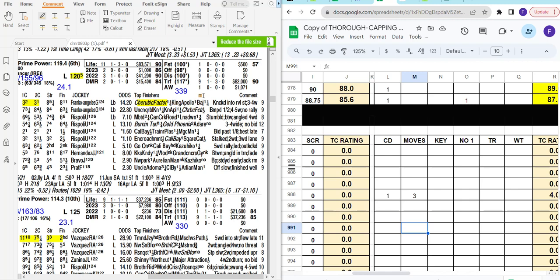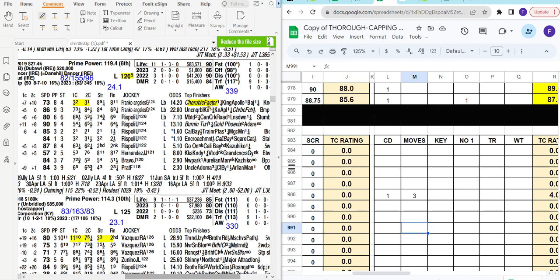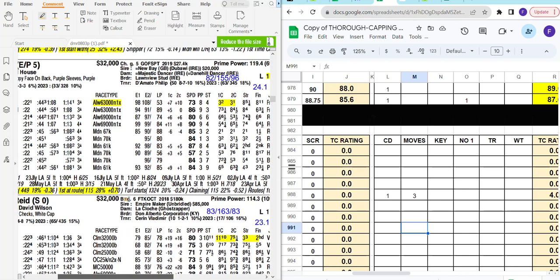That means that horse came out and won the next race, which tells you that that race could be a little more competitive of a race based on the competition that he's running in today. So when you see that, and you see that he's dropping in class as well, you could even throw a 2 there instead of a 1 because of that factor. But I just put it down as a 1